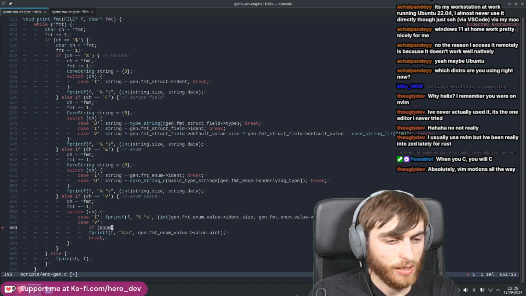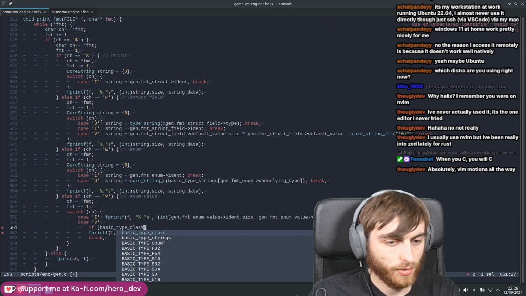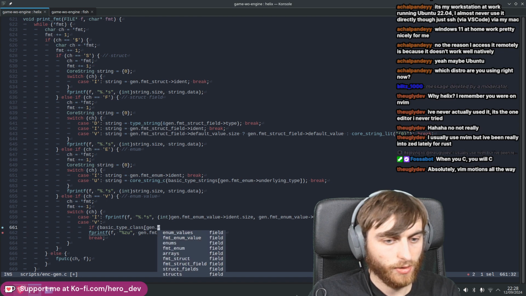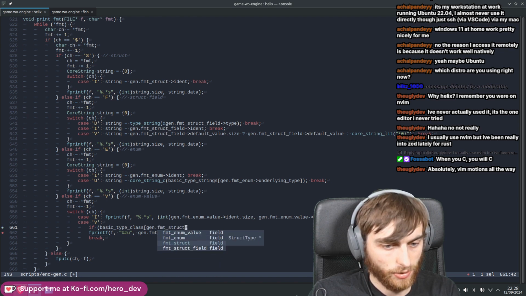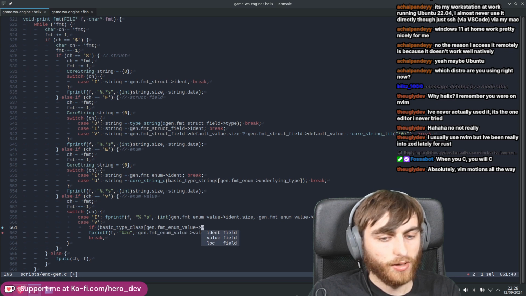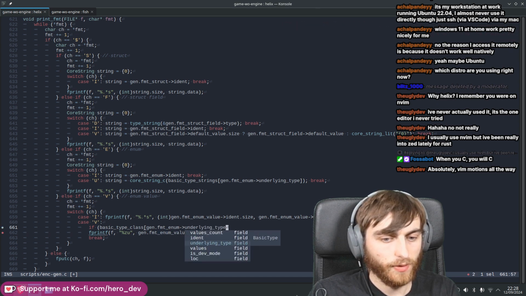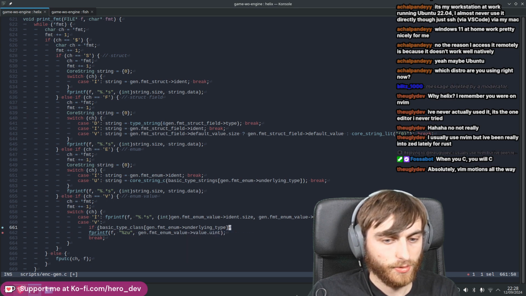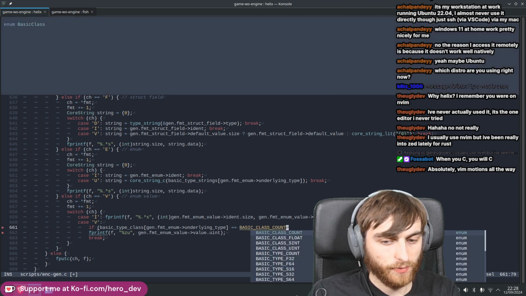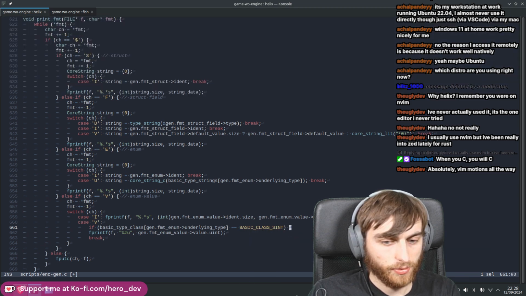If enum, basic type class generator format enum value. No, for the enum, make it the underlying type. And if the underlying type is equal to basic type class